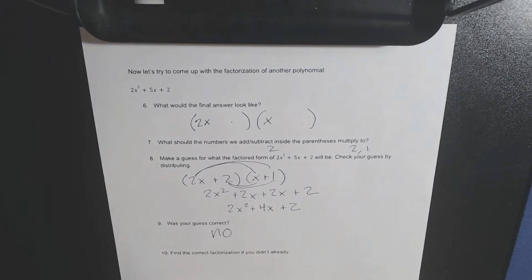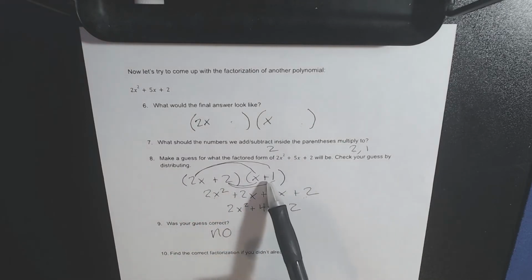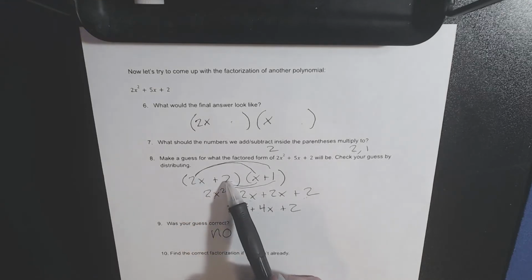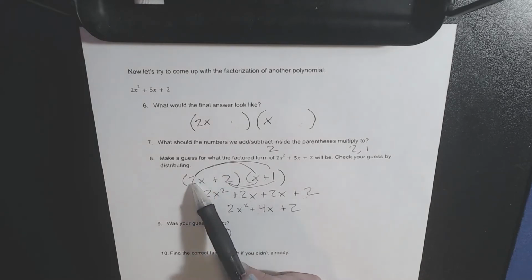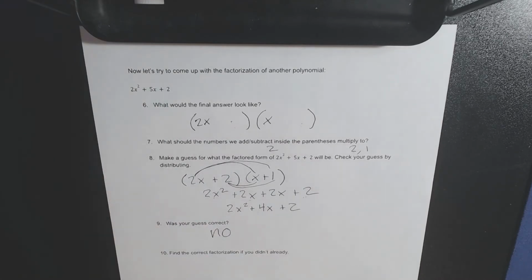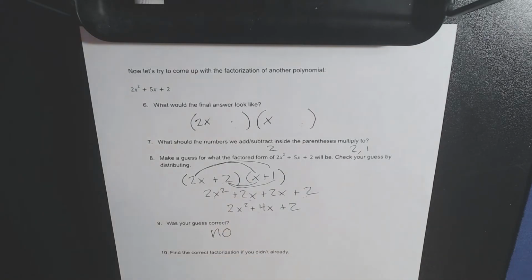We need to make another guess, and then we just keep trying things until we find it. Now, I do want to explain that 2x plus 2 and x plus 1 isn't really the best guess to start out with, just because when you put the 2x and the 2 together here, both of those are divisible by 2, and in your final factored form, not everything is divisible by 2. So that's not really the best guess, but that's okay. We're still learning,